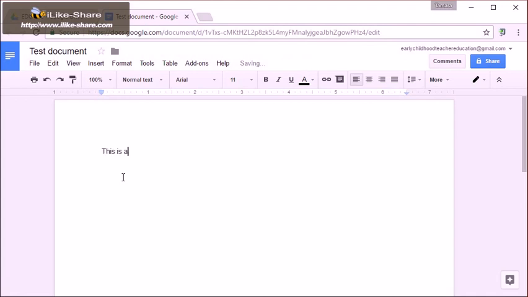This is a test document. As I type, Google Drive is saving my work. You can see that happening at the top of the page. The menu at the top will have most of the same functions as Microsoft Word or other word processing programs. Since it saves in real time, once I am done working, I can simply close the window and come back